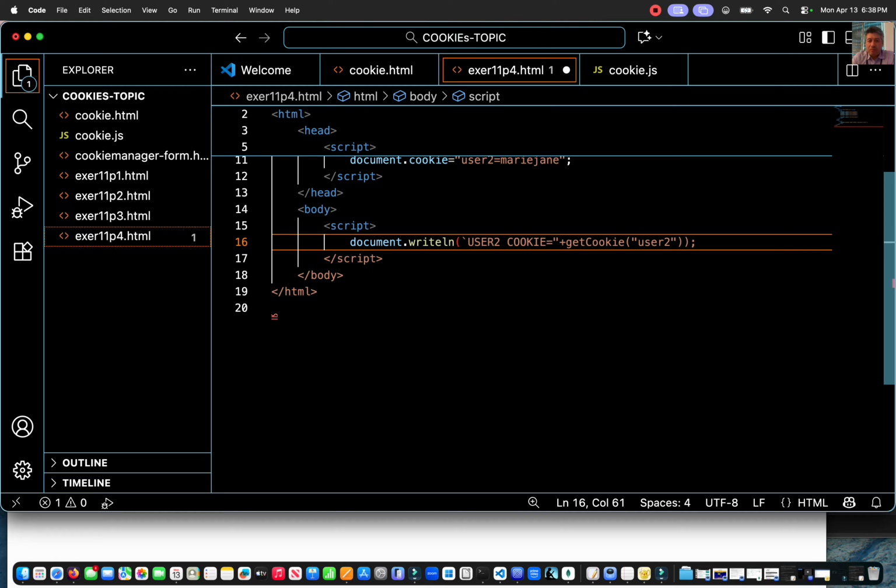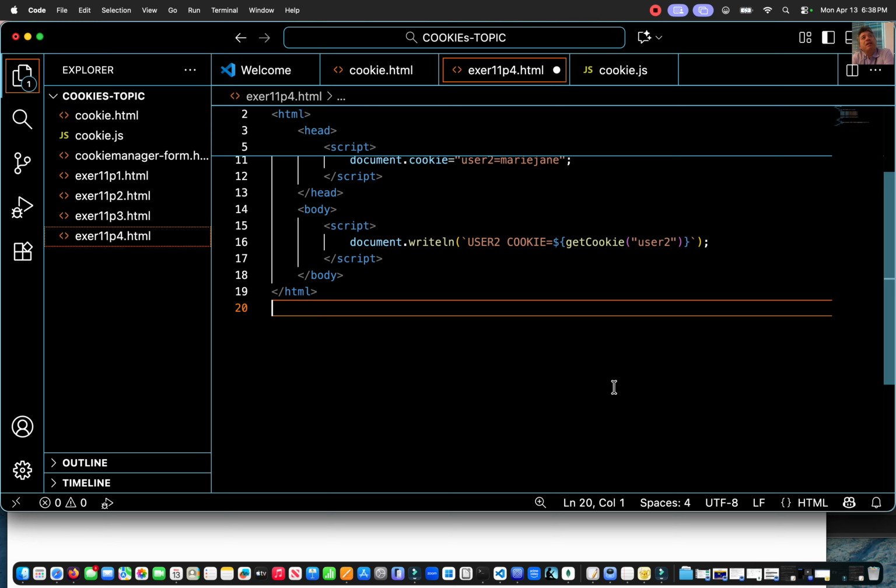So once again, if you read a book, this is what you would see in the books, the backtick. You know, like the authors always use the latest technology. So you would basically put over here dollar sign, curly brace. So that's how you convert it to the template format. You don't have to, but this is the way you would see it in a book. They would use the backtick, the latest method. So you wouldn't use the plus. You would just use the